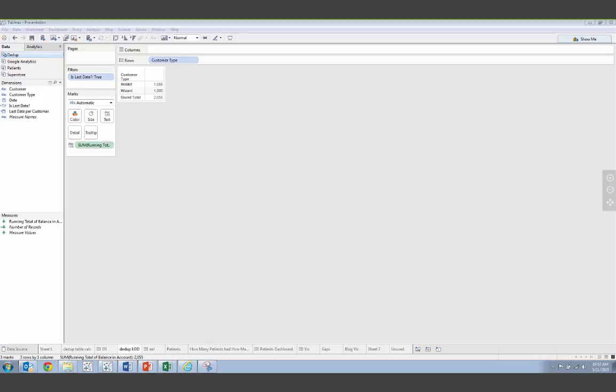Okay. One question was, can you replace WINDOW_SUM with the EXCLUDE in the LOD? And I would not say that those things are synonymous, those things are the same. WINDOW_SUM and, but go ahead and give your response for those.